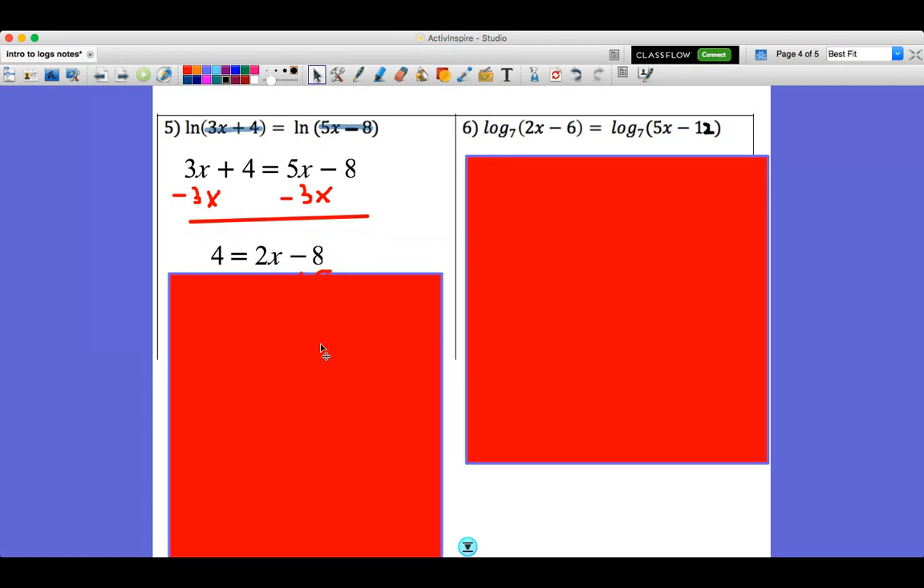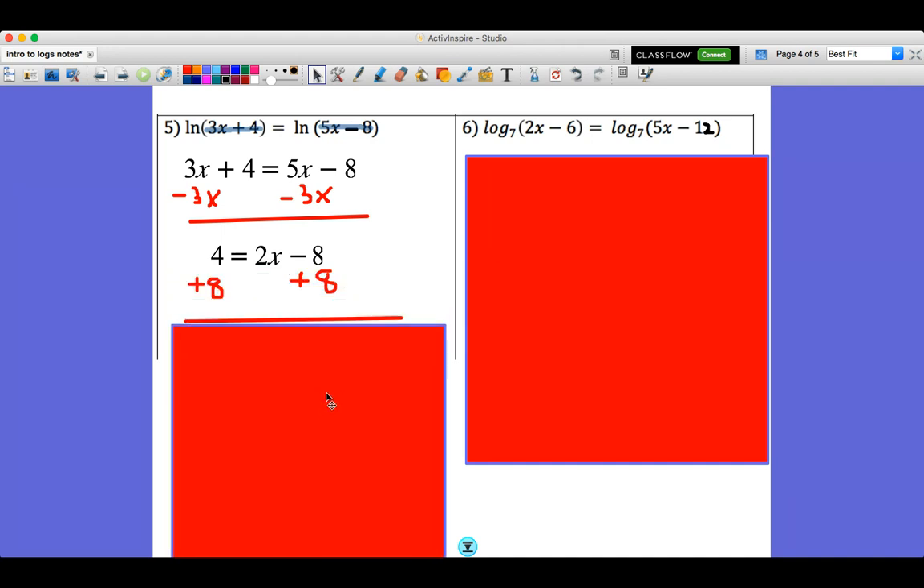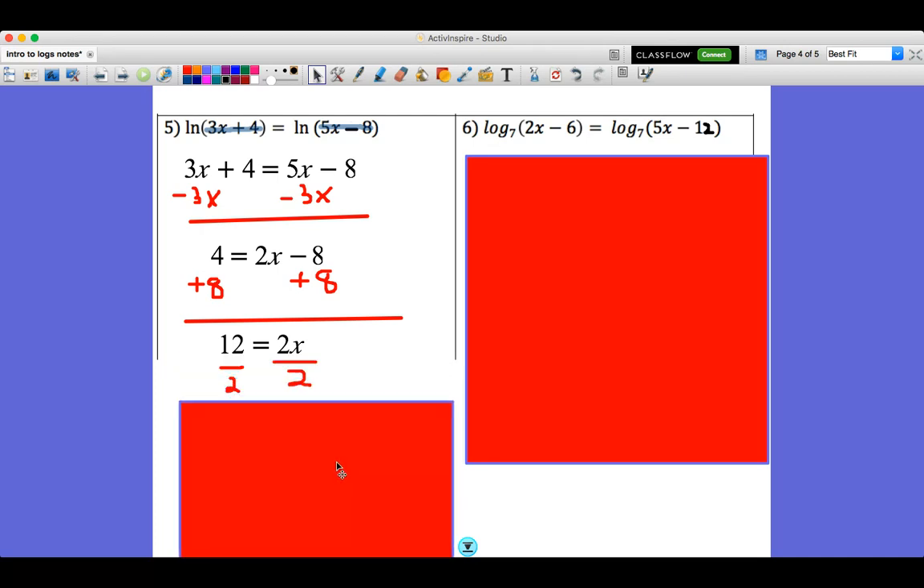Now we want to get x by itself completely. Add 8 to both sides. So we get 12 equals 2x. And then your last step there, you have a 2 attached to your x. Remember, that's multiplying. So to get x completely by itself, you have to do the inverse operation and divide by